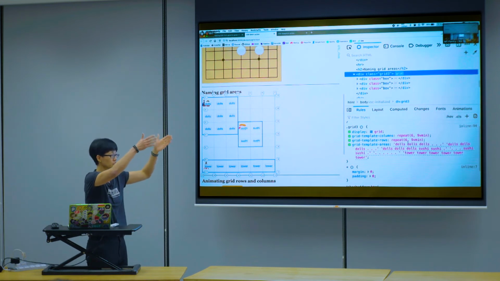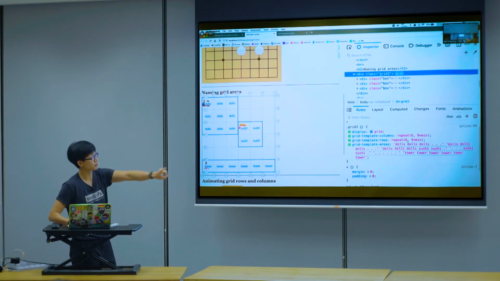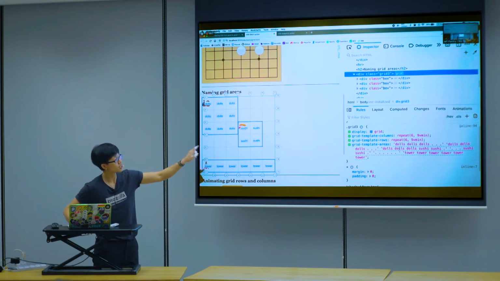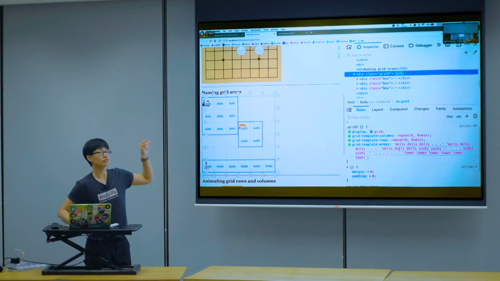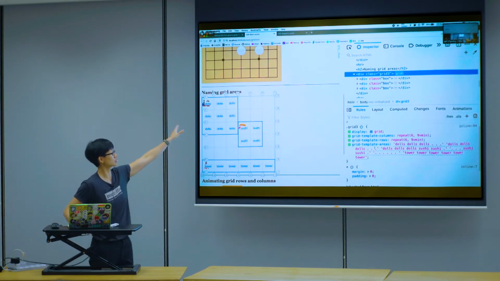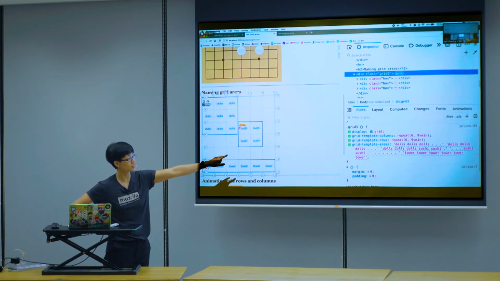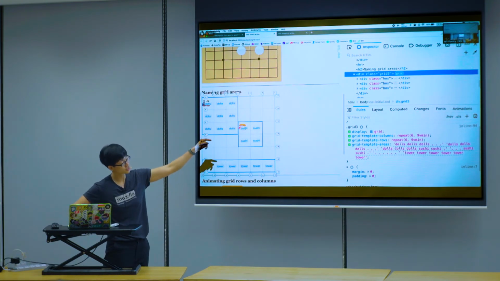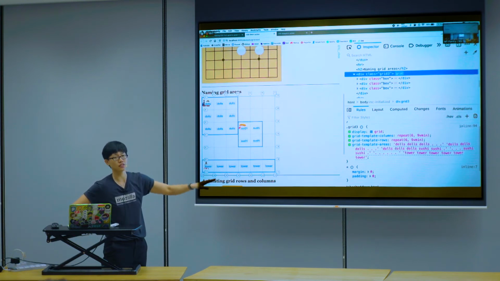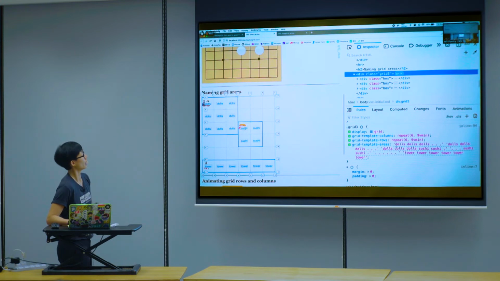If you use a monospace font, you can sort of format it. It might be a bit blurry for people at the back, but they are codes. Each code represents one row, and all the values inside the code represent columns. For this example, which is a 6 by 6, I should have six coded lines, and inside each code there should be 6 values. It should match up. If it doesn't match up, then the browser says your code is no good.